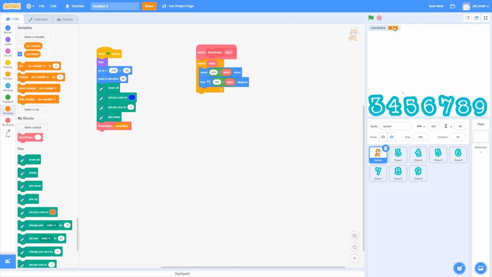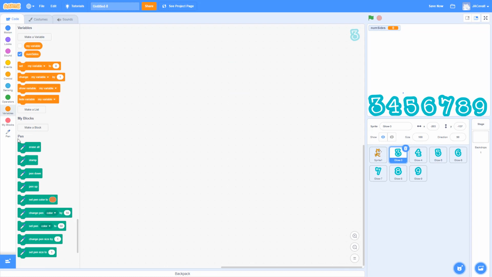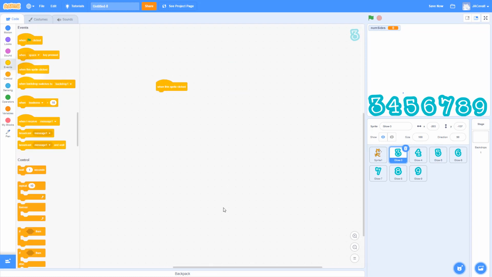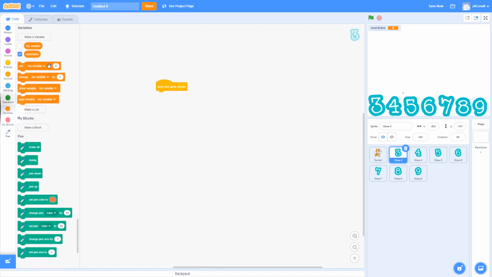So right now nothing will happen because we have 0 as our numSides. So now we need to be able to set numSides by each of our sprites. Let's go to 3. We're going to go events, when this sprite is clicked. What we want to do is set number of sides. So let's go back to variables. Set numSides